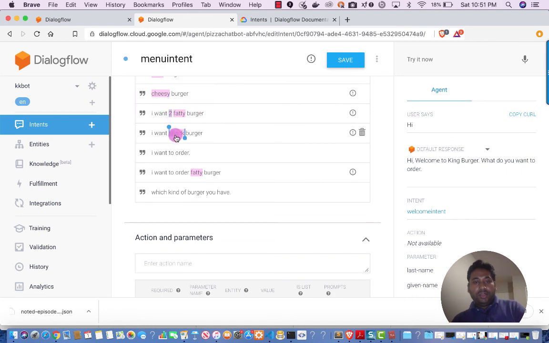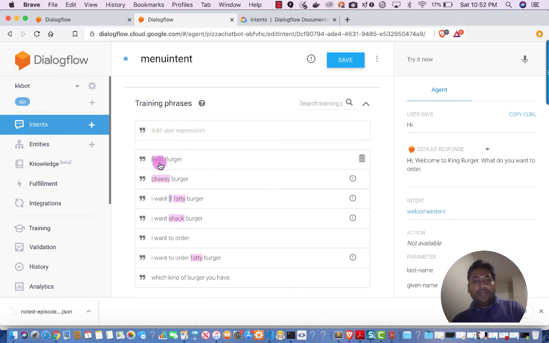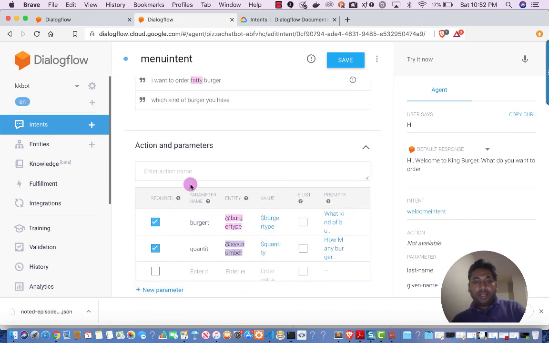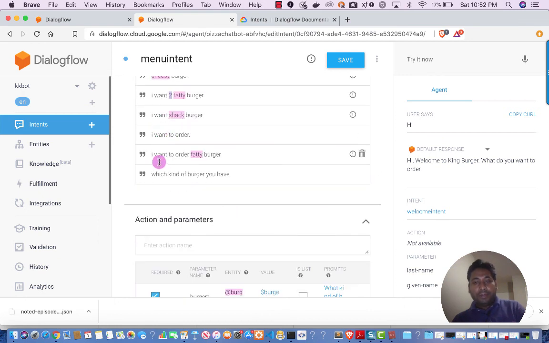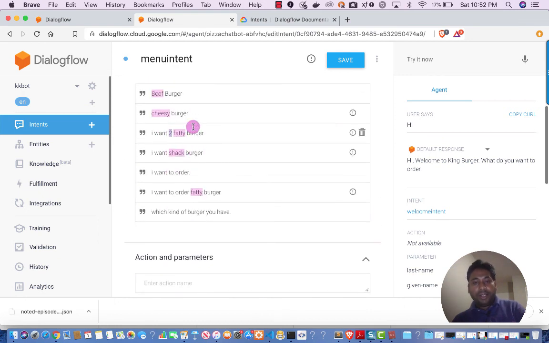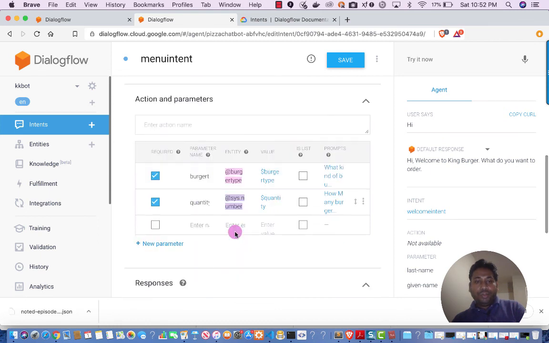Okay. So in this action and parameter section, we have prompts also. This training phrases works in two ways. One way is that I'm anticipating what conversation the user can enter, like I want a fatty burger. Another is when we want to get specific information. For example, my purpose is to get the burger type and the quantity. Here I have made these two parameters required.